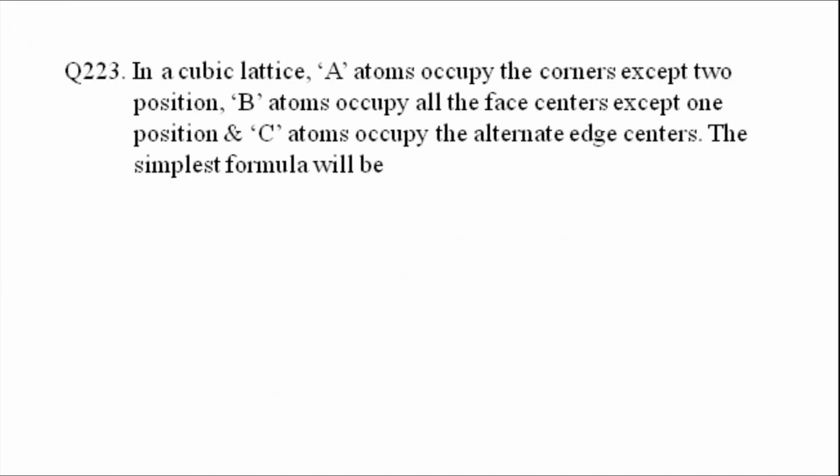In a cubic lattice, A atoms occupy the corners except two positions. B atoms occupy all the face centers except one position, and C atoms occupy the alternate edge centers. The simplest formula will be